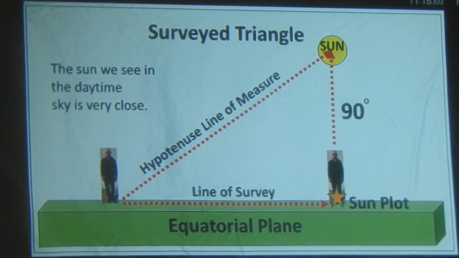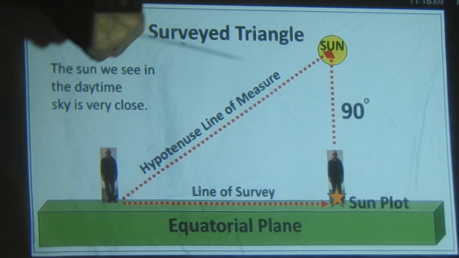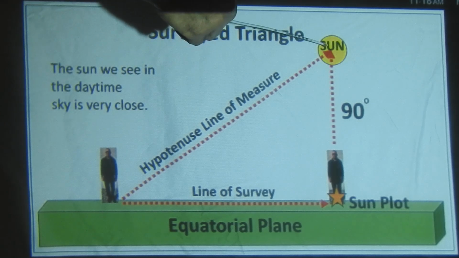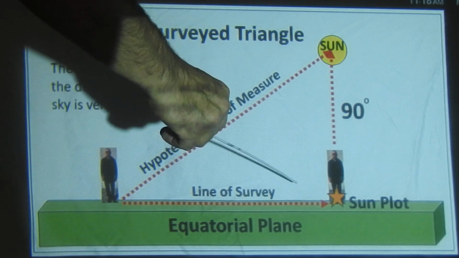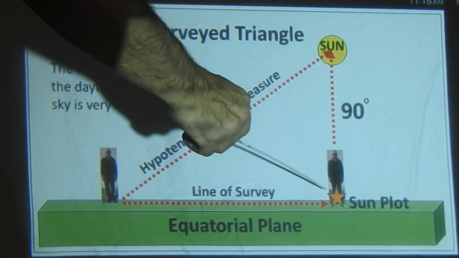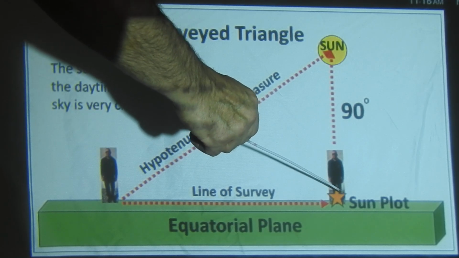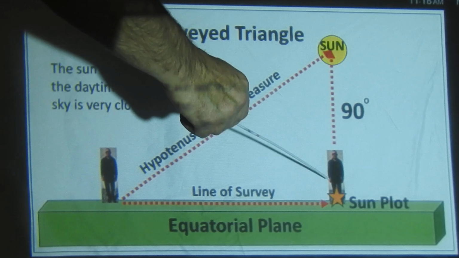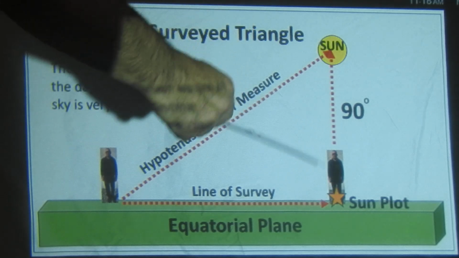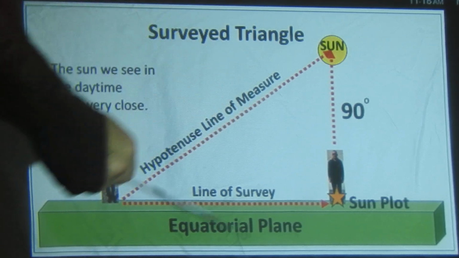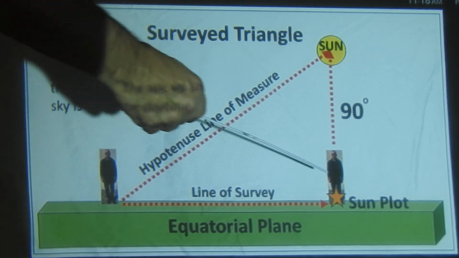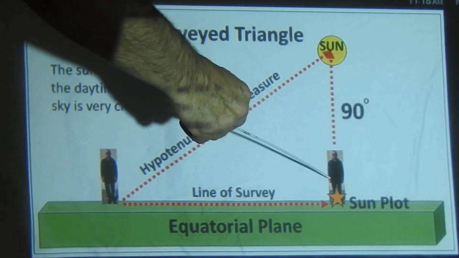The sun we see in our daytime sky is very, very close. The hypotenuse, or the vertical angle, you measure the height to the sun, and then the line of the survey, or the sun plot, determined by azimuth, going to the sun's 90-degree position on Earth. So if you're in, let's say, the northern hemisphere on the solstice, you'd be at the Tropic of Capricorn. You'd get an azimuth to that location